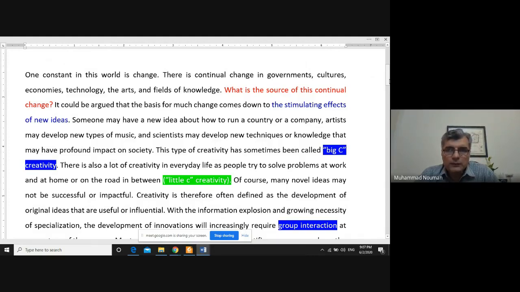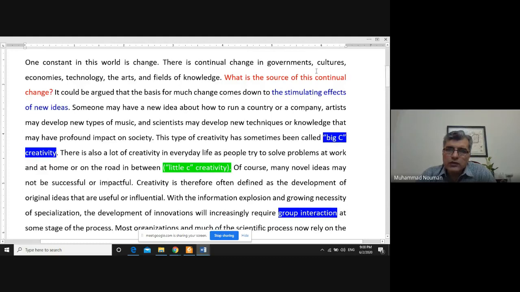However, some of the changes are enforced upon us as a result of natural consequences or nature. And then there are other aspects of change which are intentional or which are driven by the human race. So here we are not talking about changes bestowed upon us through nature, but rather changes which are resulting from the human intellect. So in this context, the handout starts with this question of what is the source of such kind of change,